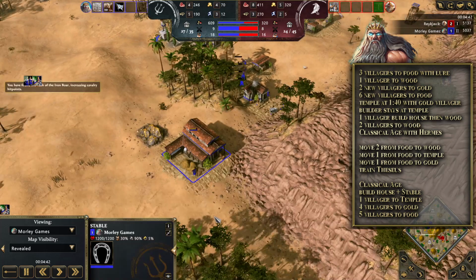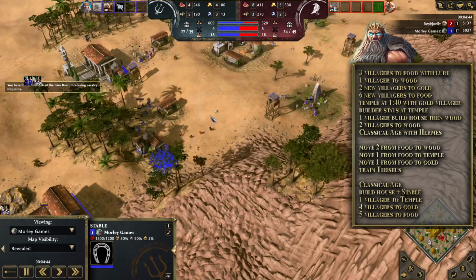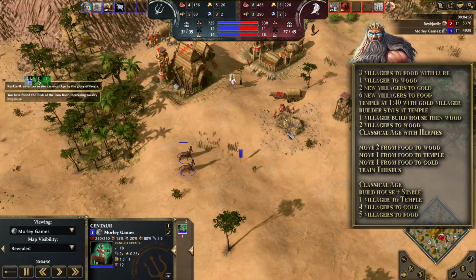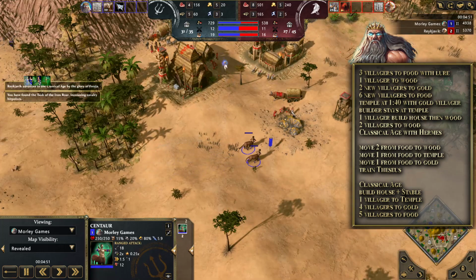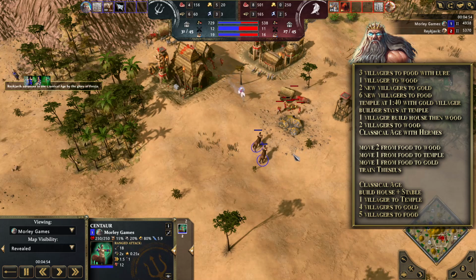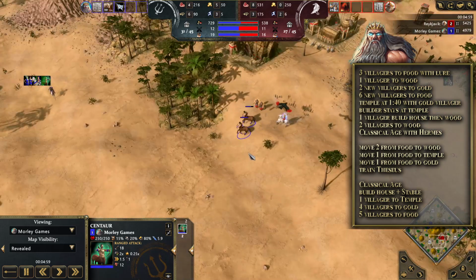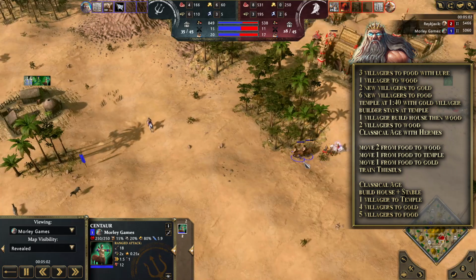I'm going to just keep trying to maintain constant production of the Hippias as well. So we're going to send them forward. Now it's quite important to obviously send your centaurs forward straight away, just to get a little bit of early aggression on your opponent, like we're doing here. So as I mentioned, the whole point of this strategy is to just try and kill off the enemy eco. Had to retreat here a little bit because the